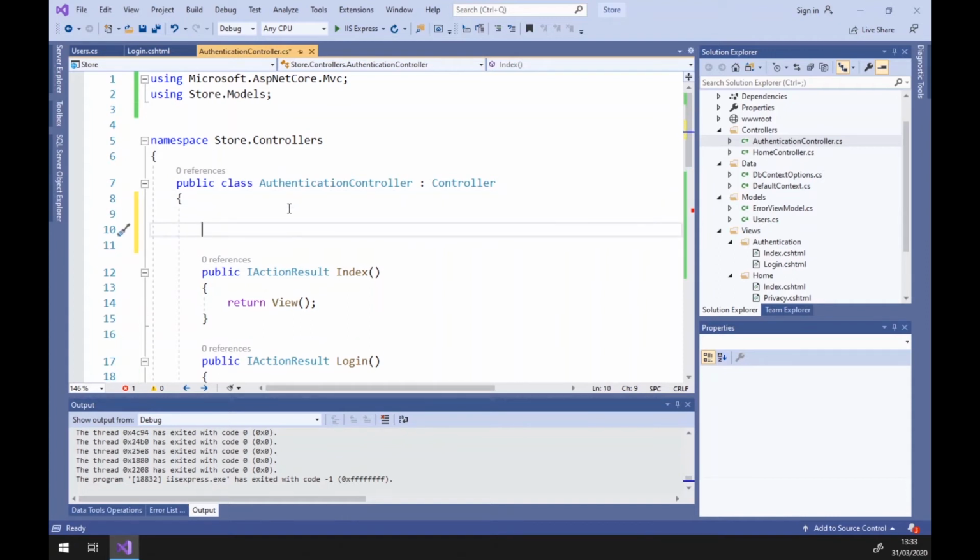So first of all, I know that I want to create it so it's read only, because I just want to load it, I don't want to do anything with it particularly. So I'm going to start with private readonly. It's my default context, which is what we set up in the last tutorial. So if you haven't watched that, you'll need to watch that before you continue with this video. And I'm going to use a shortcut. I'm going to use a shorter name just called underscore context, and I'm going to refer to that throughout the rest